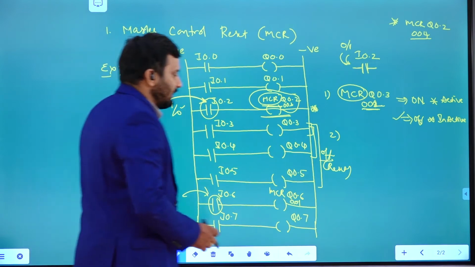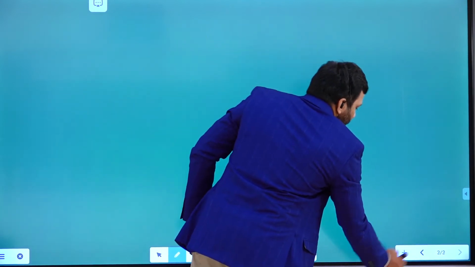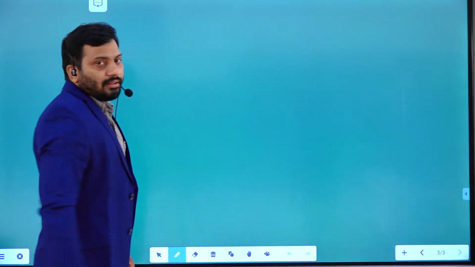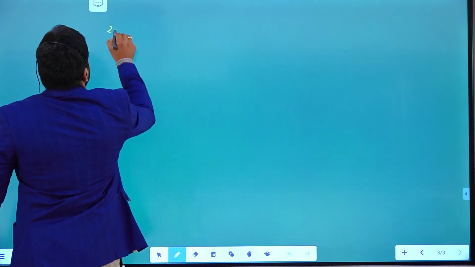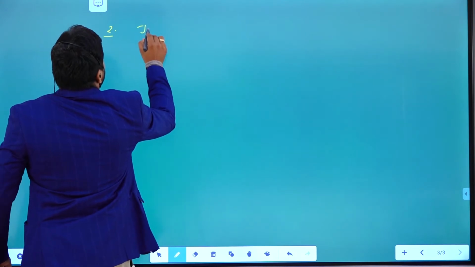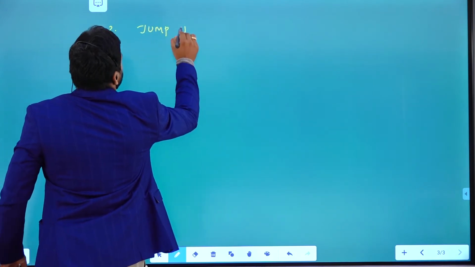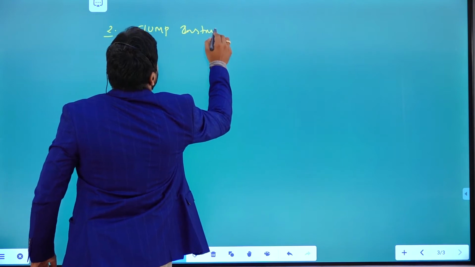Then the second instruction we discussed is the jump instruction.